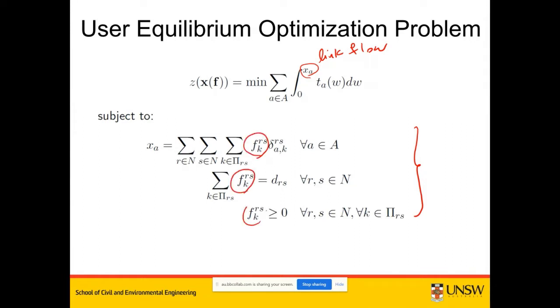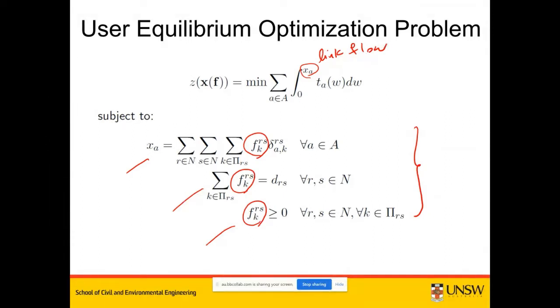You see all these path flows. Again, a non-negativity constraint, demand conservation, linear equality constraint, and also the relationship between path flows and link flows. But then one big difference: the constraints are the same here in user equilibrium versus system optimal,